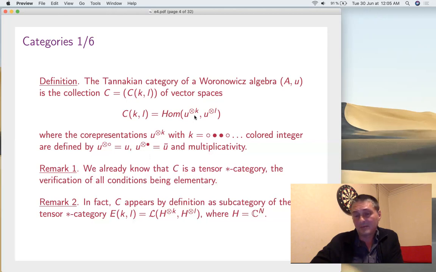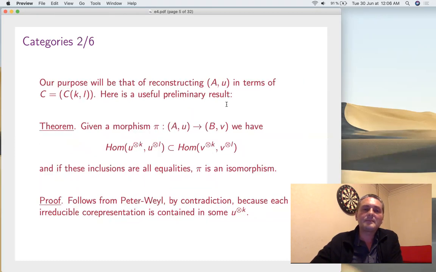Okay, so once again, what's the point? We want to compute these spaces for a number of reasons, including this Kesten business. And now our remark is that this is a category, very good, and also it's a category of this category here of Hilbert spaces. So we have a bit of structure there. Now we want to reconstruct. That's the claim of Tannakian duality, that A can be reconstructed from these spaces. So this is not trivial.